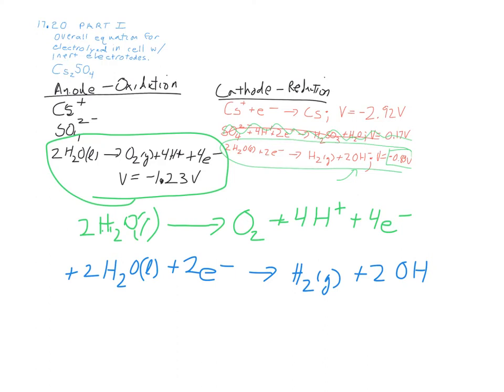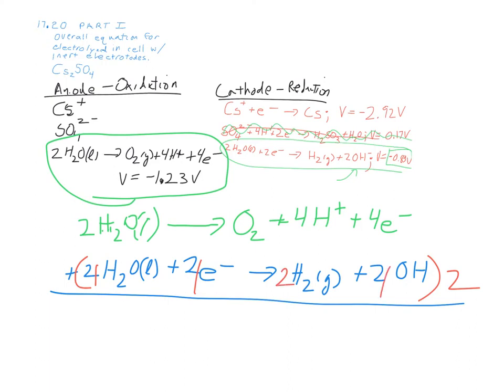Now, what we have to do is add these two reactions together. Notice that I only have 2 electrons on the bottom reaction and I have 4 on the top. So I'm going to have to multiply through by 2. That gives me 4, 4, 2, 4. And then if I add these together, I get 6 water